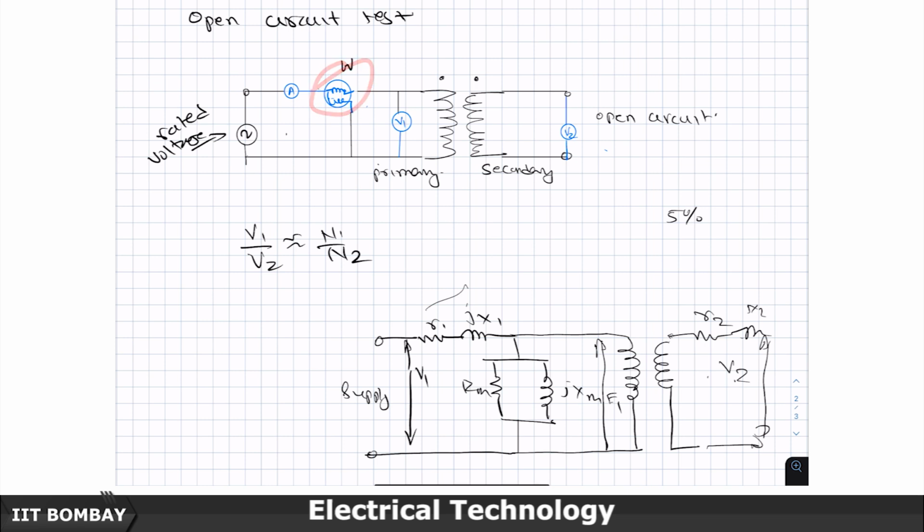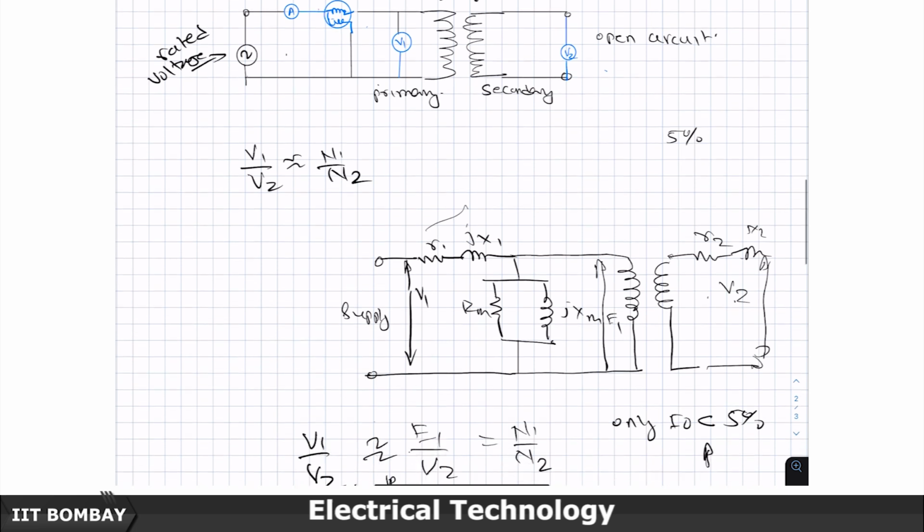This wattmeter, and I naught is measured by what? This one, and the rated voltage you are going to apply here. See, these current coils and these coils have very small impedances, so this can be ignored. This rated voltage is also essentially measured by V1 only. I do not need to connect another V1 here. These drops are negligible. The ammeters and wattmeters, basically current coils and the voltage coils and their requirements, we have